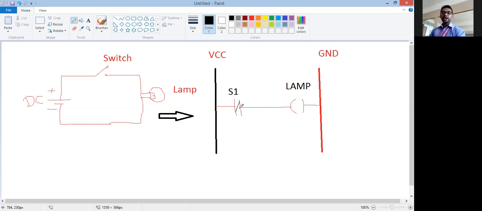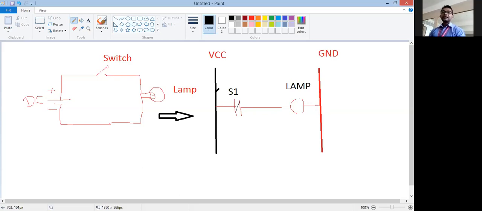So an NO switch, when pressed, becomes FC. When NC is pressed, it becomes FO: functionally closed and functionally open. When this switch is pressed, the connection is made between the two vertical lines of the switch, current flows towards the lamp, the lamp turns on, the circuit gets completed and current goes to ground. So we know that when current flows, the path is established between VCC and ground. This is a simple circuit converted in the form of a programming method, and this is called a ladder diagram.